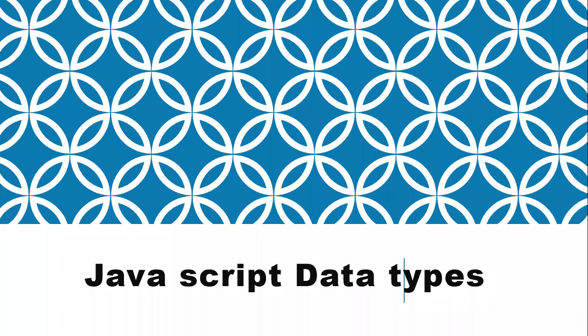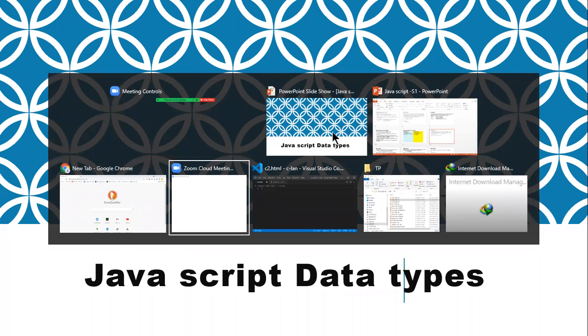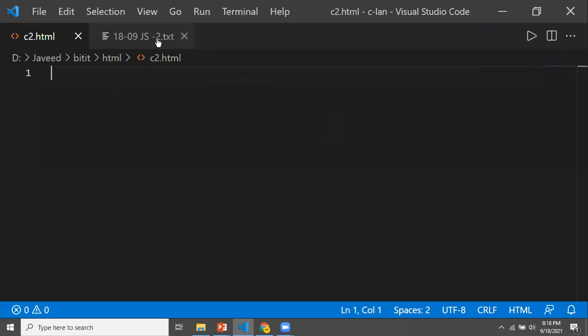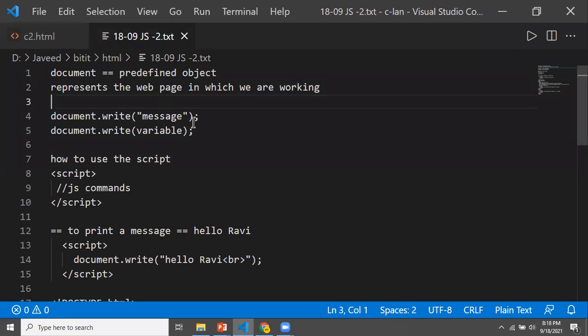Okay. Last class we started the introduction to JavaScript. So now we'll continue with JavaScript where we left off yesterday. To recap the things we learned yesterday, let's go to the code. So what we learned in the last class is how we are going